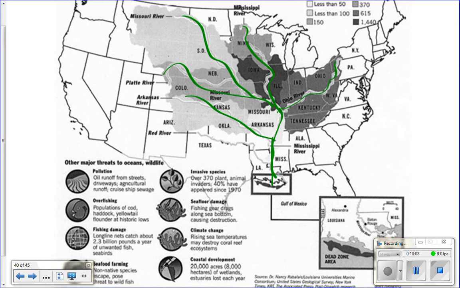And if you know anything about our country and where we grow our food, this area is one of the major areas where farming occurs. And one of the major things that farmers need to grow plants for our food is fertilizer to help them grow well. So when the Mississippi drains into the ocean, it's carrying all excess fertilizers and nutrients from this area and dumps it into the ocean, and you get this big dead zone at the bottom of Louisiana.